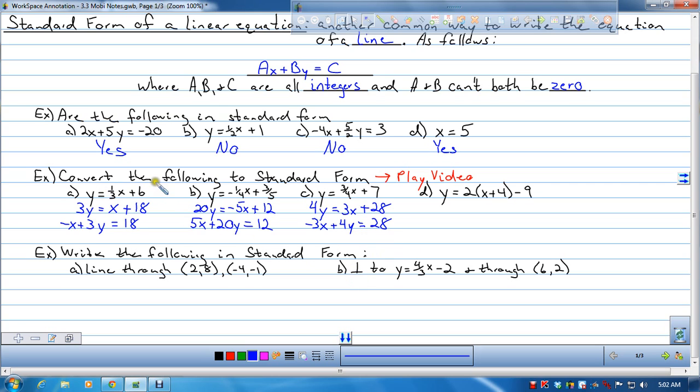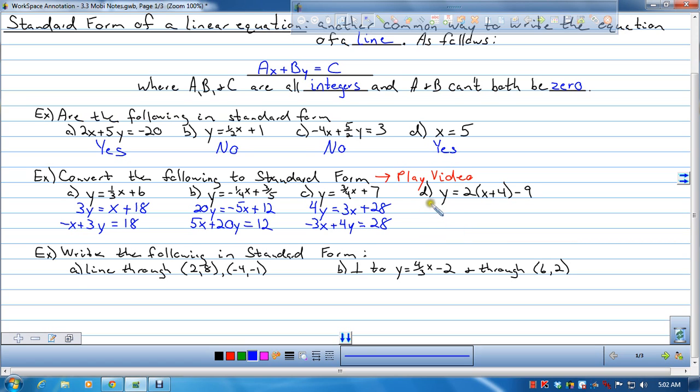So all of these were in slope-intercept form, right? Y equals mx plus b. Y equals mx plus b. Y equals mx plus b. This one, however, is not. Doesn't change anything. All I have to do is simplify things, get my x and y on the same side,